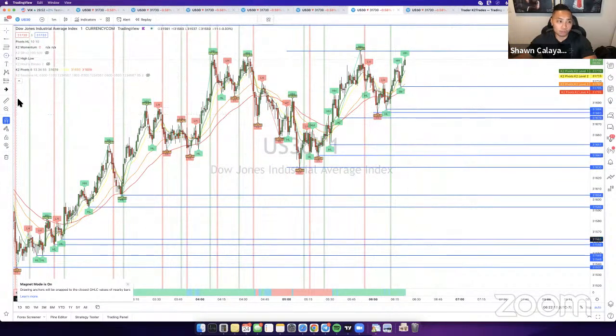And I'll go over the overall bias once more people are in the room, but I'm definitely looking for sells today. So for the breakout, I'm looking for a sell. Other than that, let me see if there's anything else here for me to look for. I'll give it a few more minutes for people to join in before I analyze the